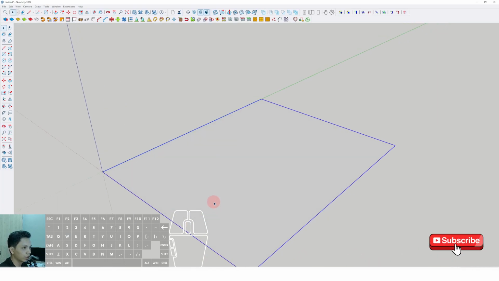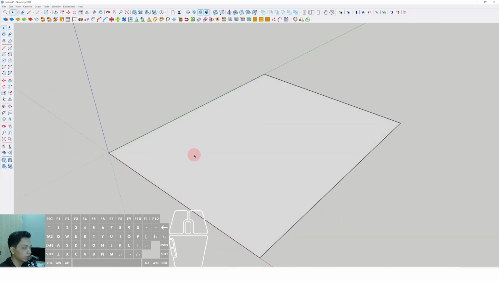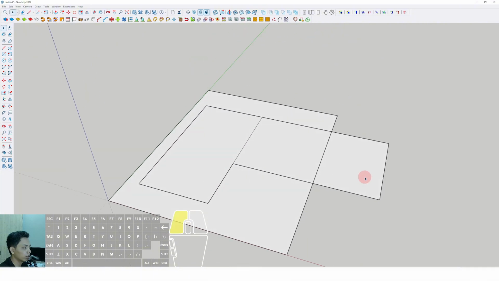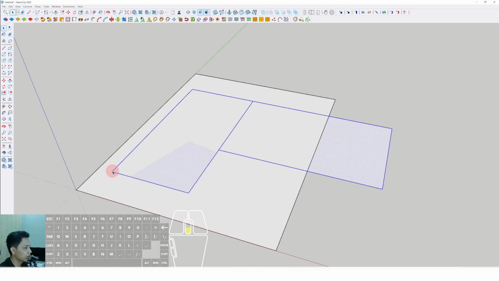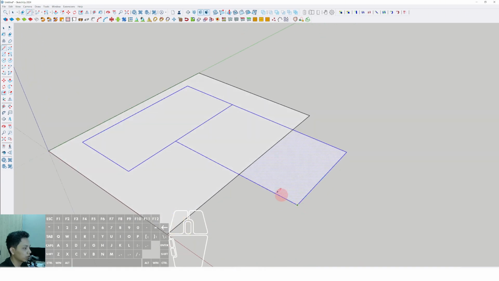Okay, I want to share with you how to make a curved plane commercial building in SketchUp. First of all, we have to make the plan. Maybe we can use this rotated rectangle with any dimension, for example, just like this and just like this. Okay, the height of this side is around 13 meter, and this is about 16 meter, and this is about the